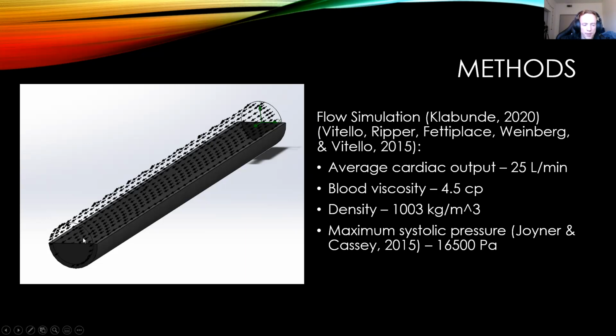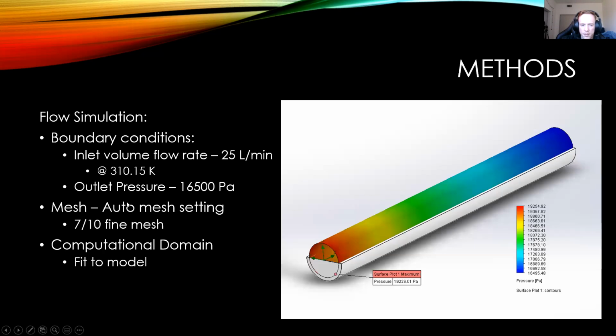Oh, so the input boundary is on the next page? Hold on. Yeah, boundary conditions. Okay, cool. So the flow simulation boundary conditions: the inlet volume flow rate is going to be 25 liters per minute, like I just said. That's going to be coming in at 310.15 Kelvin. And the outlet pressure is going to be 16,500 pascals, which is the maximum pressure that the heart is pumping